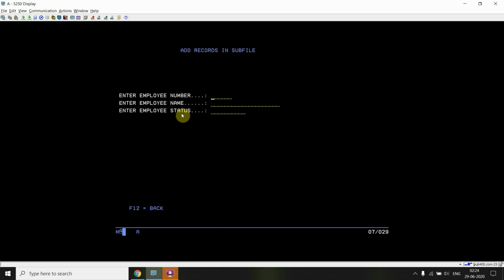Sorry, for example, I entered this, and it says employee name cannot be blank. For example, name 1. If I press enter again, it says employee status must be active or inactive. If I enter D like this, it again says it must be active or inactive.